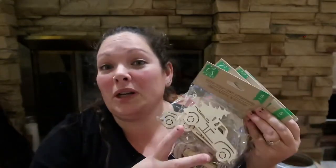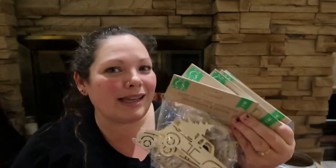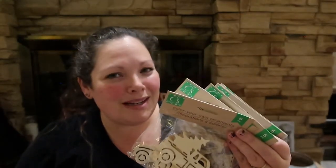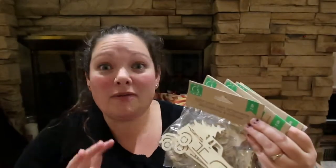I got a ton of these wooden shapes. Now, this is the problem when you shop in little bursts starting way back in August and working your way forward. As they put stuff out, you grab it. But 2, 3, 4 weeks later, do you remember that you grabbed it? I don't. So some of this I intentionally duplicated, some of it I didn't,